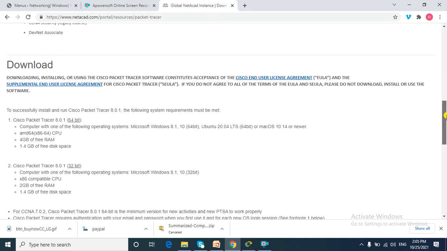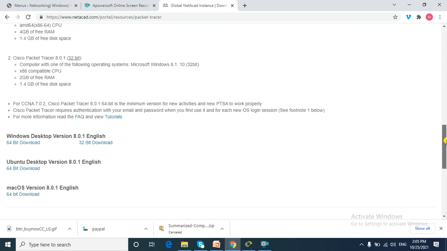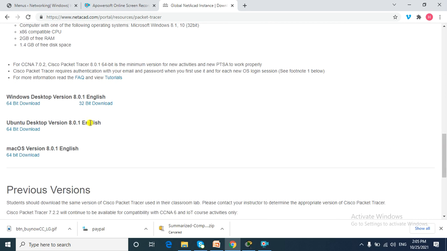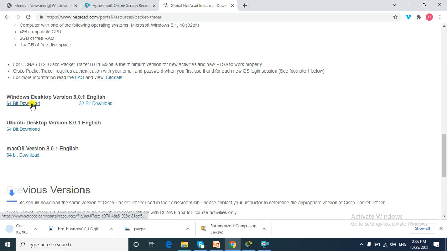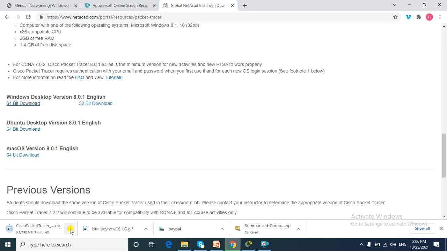So if you want to do that, you can explore that option. However, if you just want to download, all you need to do is come down here and select the download that is appropriate for your operating system, so Windows, Ubuntu, Mac. So if I click on 64-bit download, it's just going to download the application. So all you need to do when the download is done is to